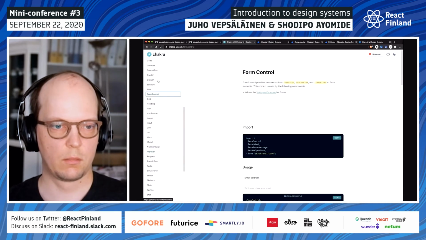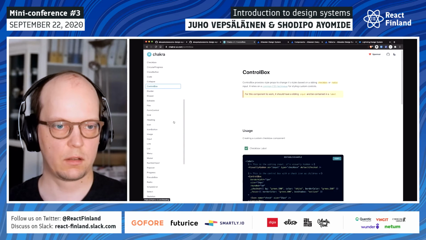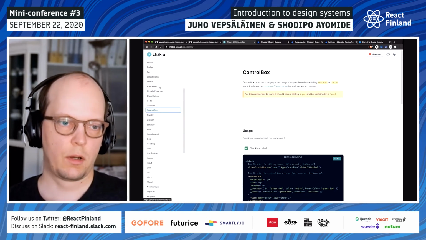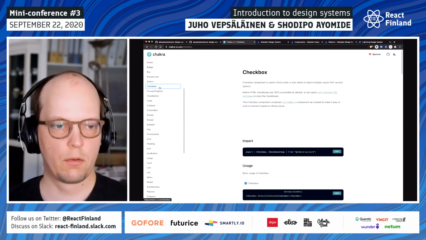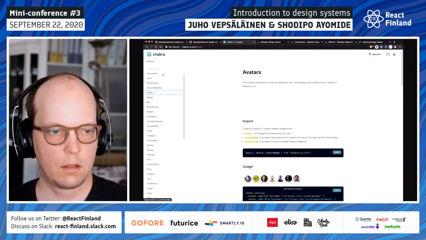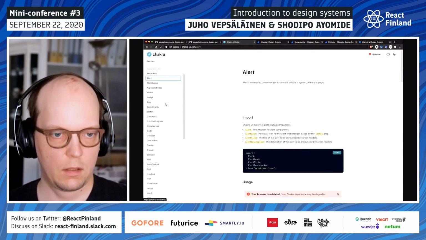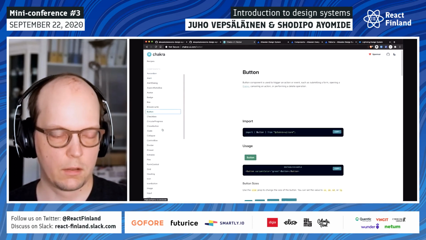What's a design system and what's not? And I will say it's not a design system by itself. It's more like a system of components or a collection of components, because the level of abstraction is not specific enough.